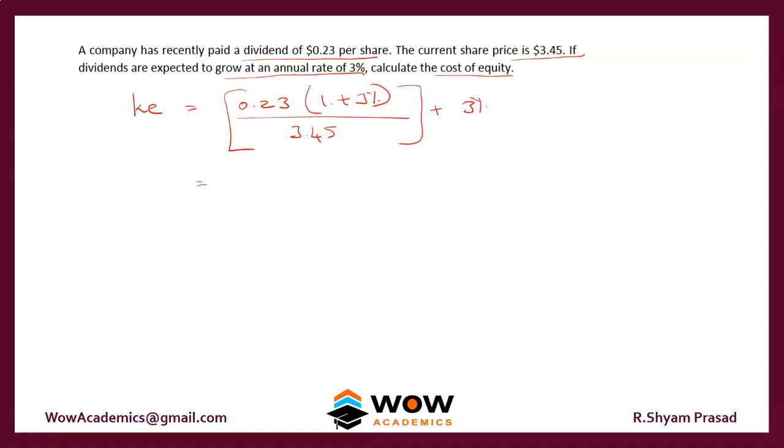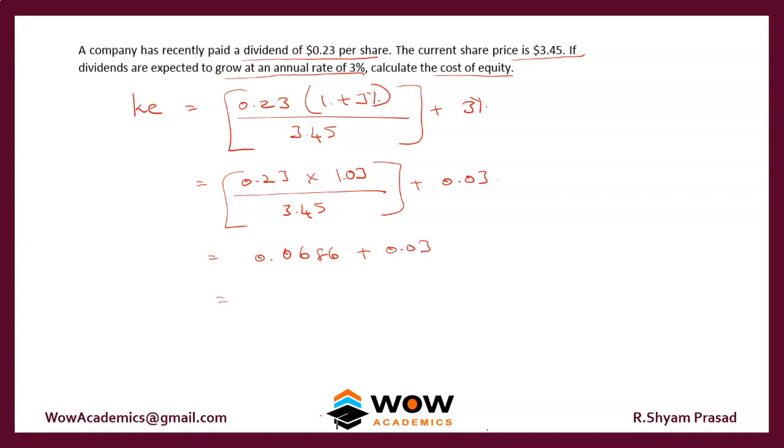So we have 0.23 into 1.03 divided by 3.45. All this has to be added with the 3%. So 3%. So we can solve now. It comes to 0.0686, plus we'll add the 0.03. So put together, the answer comes to